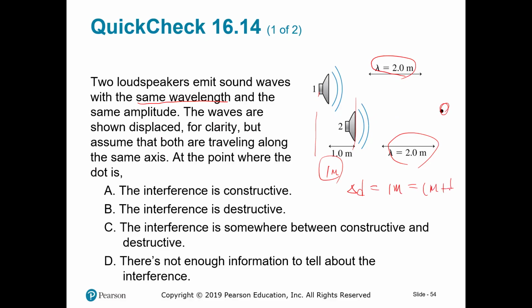M plus 1/2, sorry, times lambda, right? So then this is the m equals 0 case. If m is 0, lambda over 2 means the path length difference is a half wavelength, right? So your wave is going to be destructive,